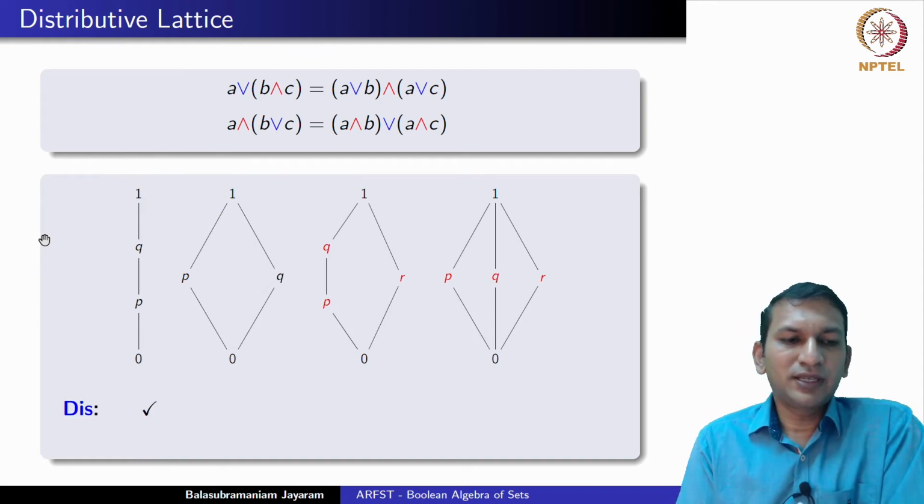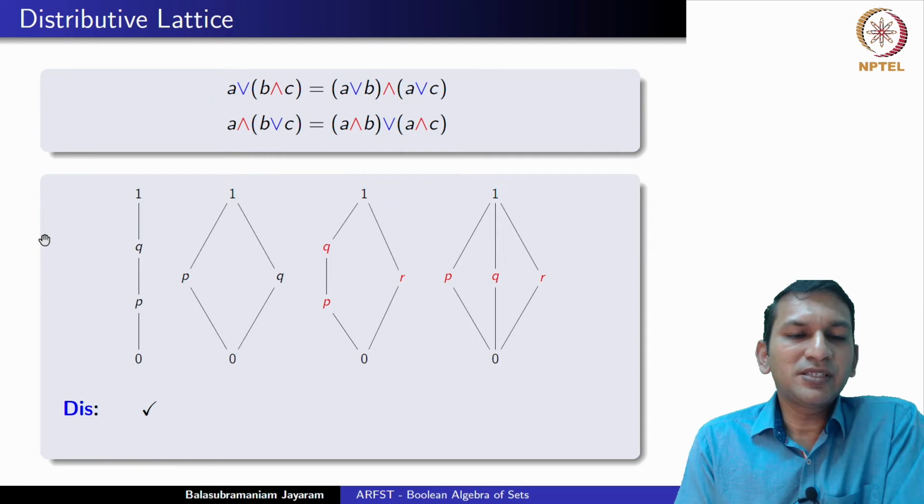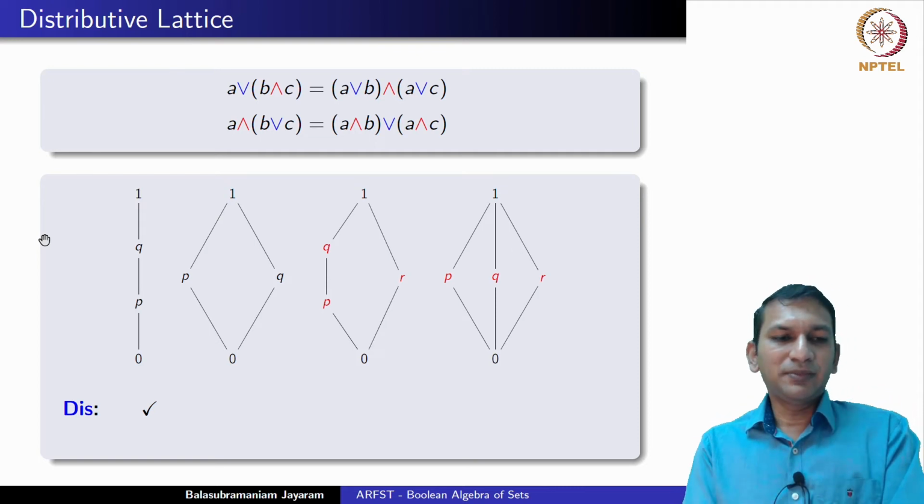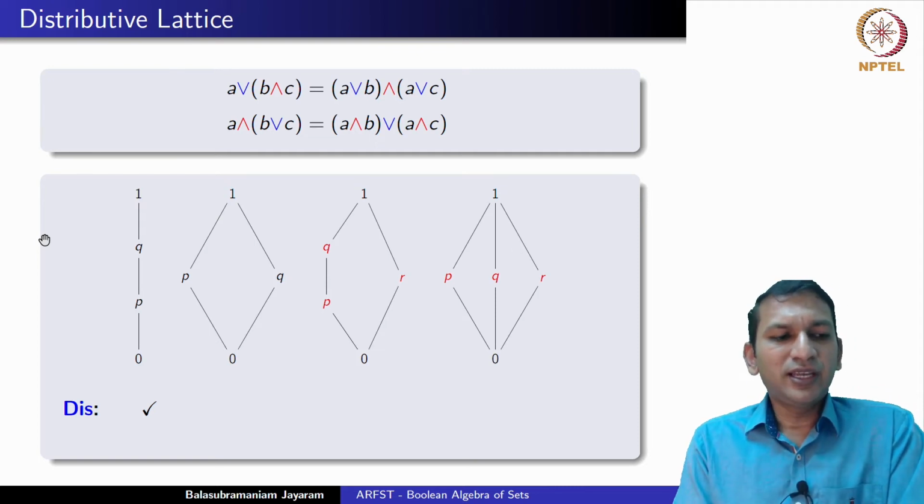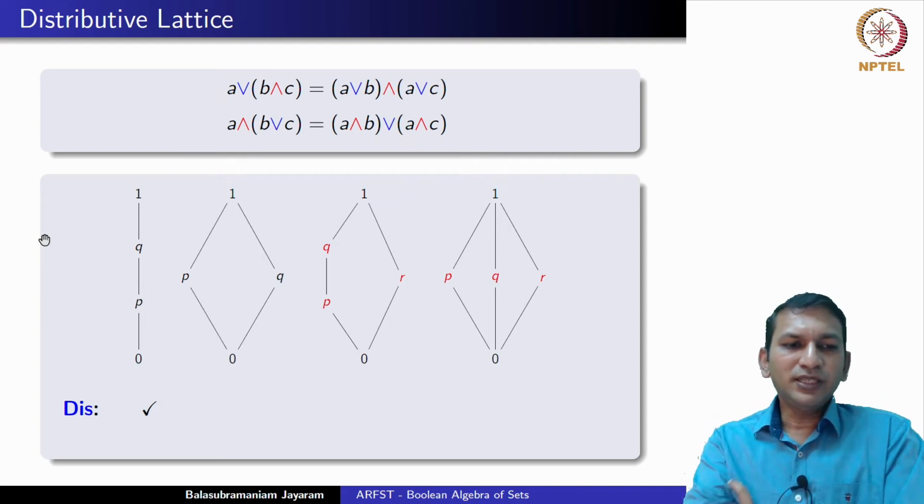Let's look at the first lattice. We know that this is a chain, that means it's totally ordered, that is, any 2 elements are related by this partial order relation. Is it a distributive lattice? Yes, it can be seen that every chain is actually a distributive lattice. Now to see this,